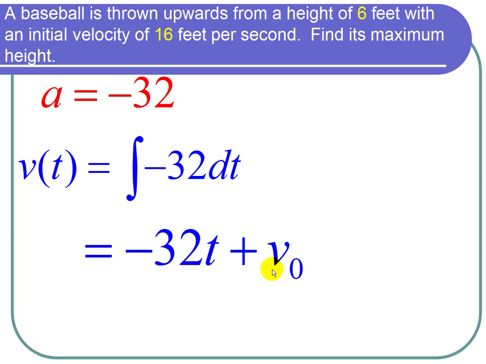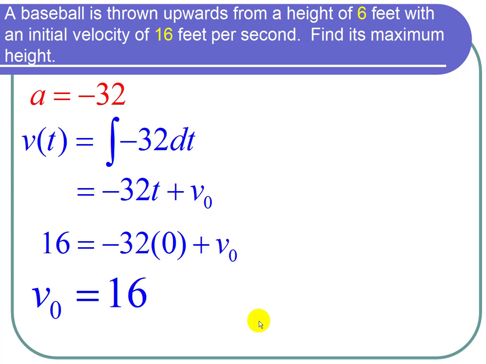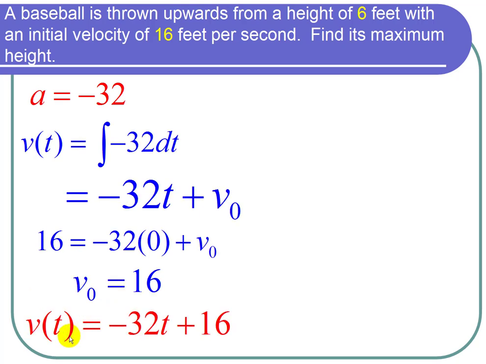So we're given that the initial velocity was 16 feet per second. So I can plug in 16 for v when t is 0 and get 16 equals negative 32 times 0 plus v naught, and then v naught is equal to 16. So in summary, I can put my v naught back in and say that the velocity is equal to negative